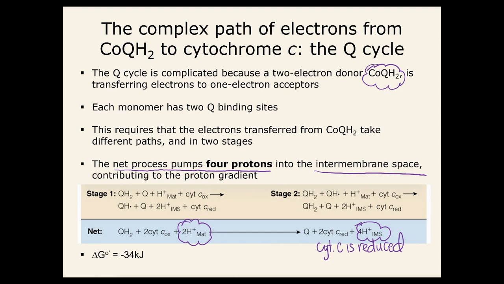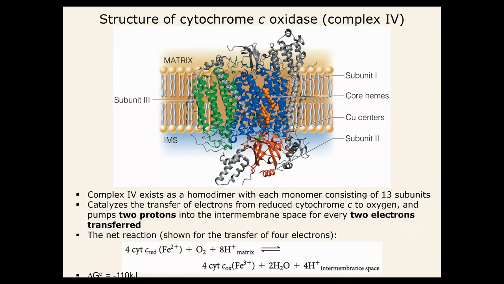That coenzyme Q that's reduced, that came in from complex 1 and 2, is now going to ultimately transfer its electrons through a series of cytochromes, ultimately reducing cytochrome C. At the same time, it's pumping more H+, more acid into the intermembrane space. Okay, where does this all end up is, so the reduced cytochrome C